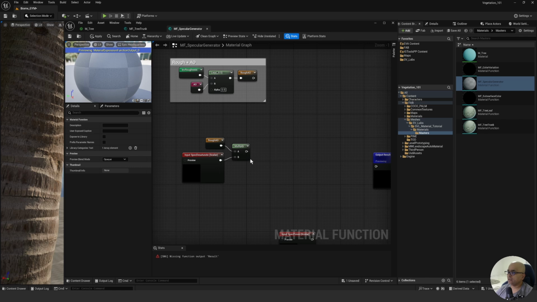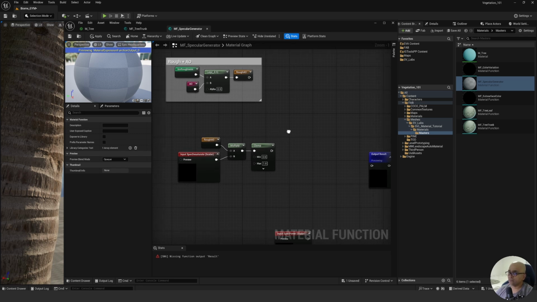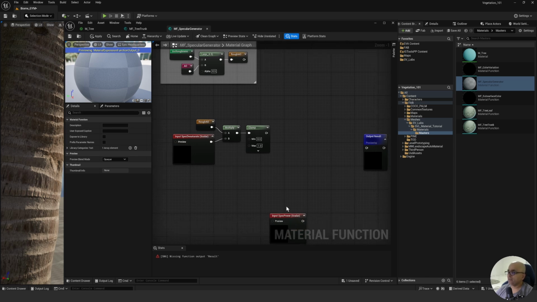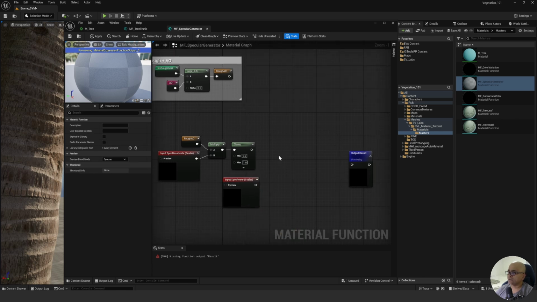Okay, then I'm going to pass it through a clamp. So when I pass it through a clamp between 0 and 1, it won't go too low down, or it won't go too far up. So it'll be within control. Okay, it is somewhat similar to the saturate node, but here I'm using a clamp. Then we need to use the input power. So what I can do is,